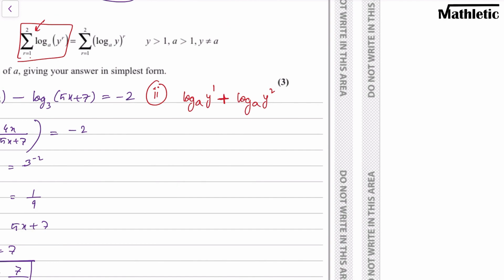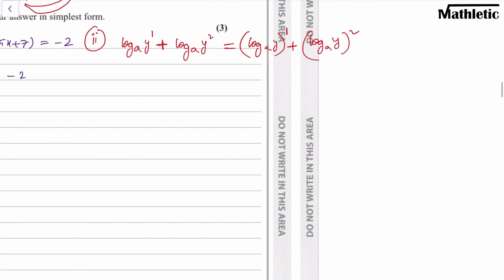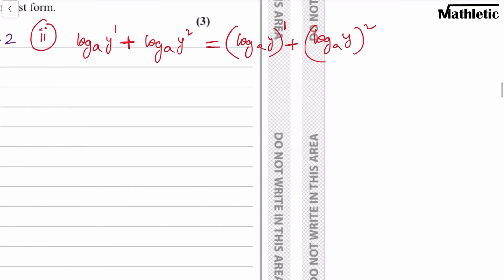We will follow the same pattern at the right side. So at the right side, you substitute r equals 1 to get the first term, so (log_a y) whole to the power 1, and then substitute r equals 2 to get the second term, (log_a y) to the power 2, and then add them up. Okay, so I'm done simplifying at the left and the right. Next we will just